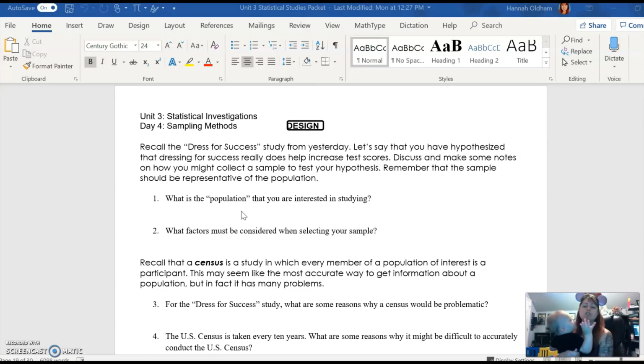All right. So in that case, the population would be every student at Sprayberry, or even every student if you're trying to make a big survey and a big analysis that dressing up for anybody helps. Now, we can't interview everybody at Sprayberry. And we talked about that in class about how hard it is to actually do a sample of everyone. It would be the best data because you would have proof of every single person, but we can't do that.